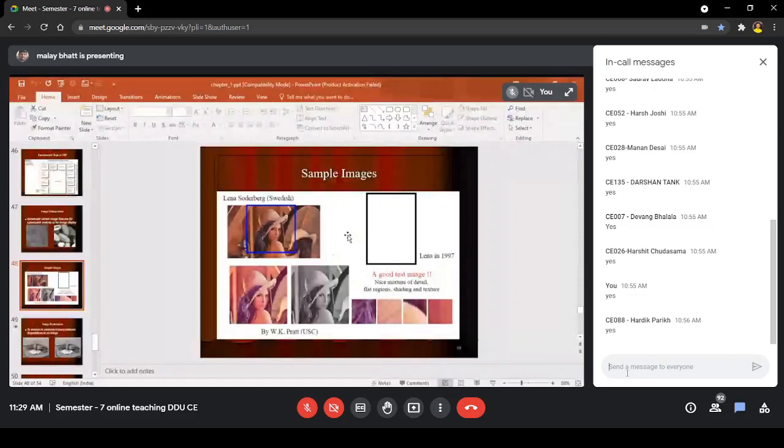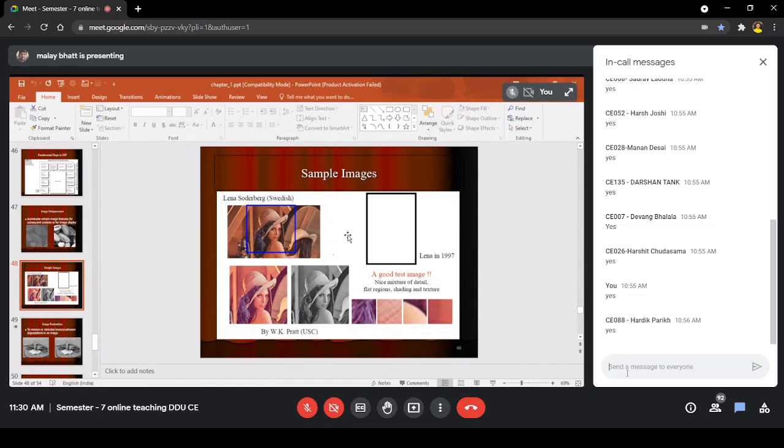Also, you can see in the mirror the shades of gray. Also, background is wooden color, so you can see the various shades of wood in the background. If you take the grayscale image, you can see the various shades of gray in the wooden color. So it is having a nice mixture of detail, flat regions, shadings, and textures.